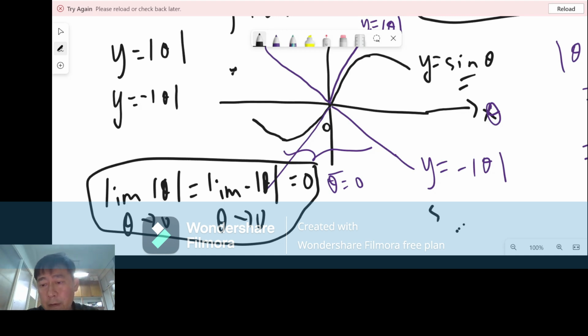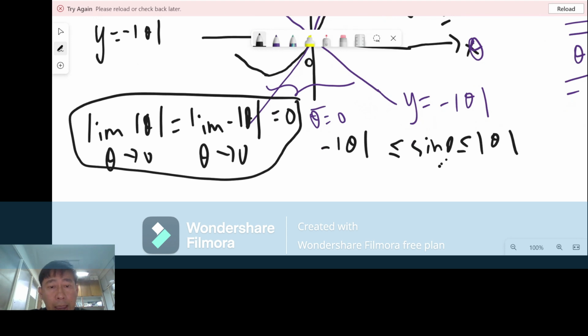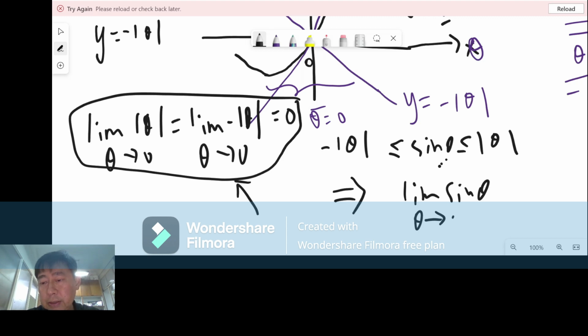Since y of sine theta is always sandwiched between minus absolute theta and absolute theta, it is larger than minus the absolute value of theta and less than the absolute value of theta. In addition, the upper and lower functions converge to 0 at the limit of 0. Then, according to the sandwich theorem, the limit of sine theta when theta tends to 0